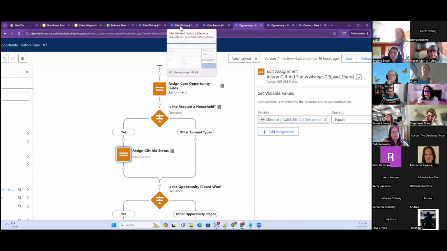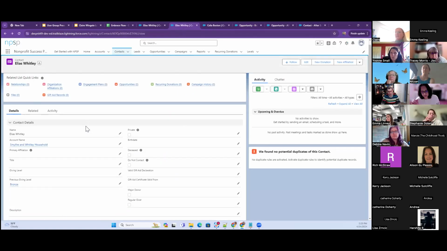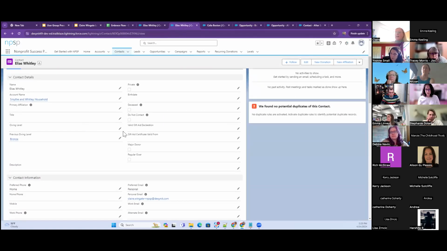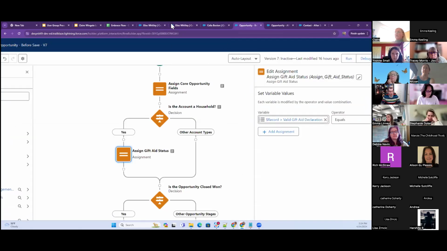Now, on a contact record, which I'll show you now, I've also added this here. So on the contact record, there's a Valid Gift Aid Declaration field. And depending on the status here, whether it's yes or no, this will then be populated onto the opportunity record,